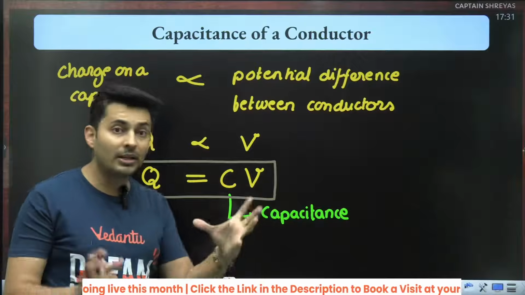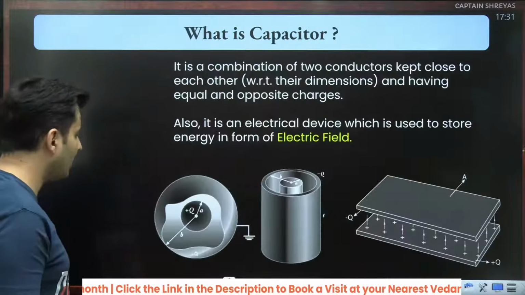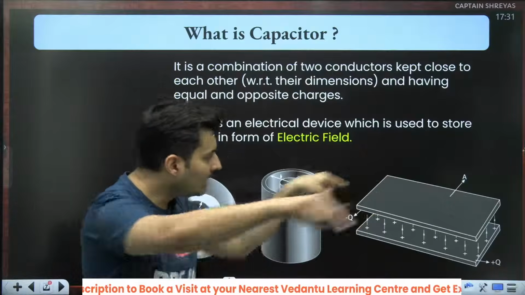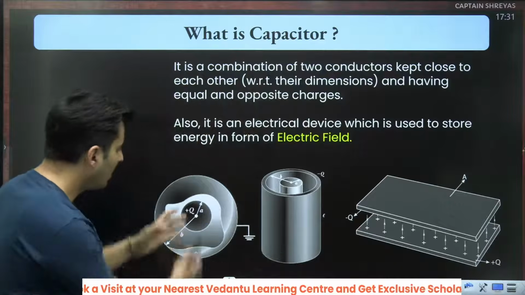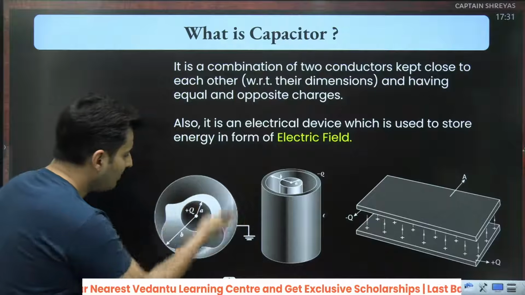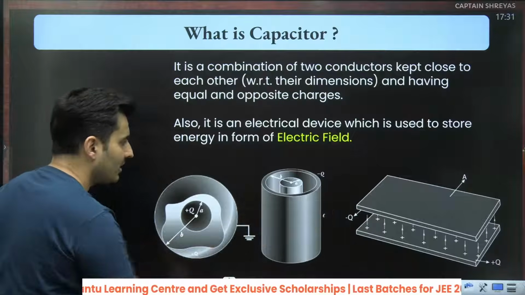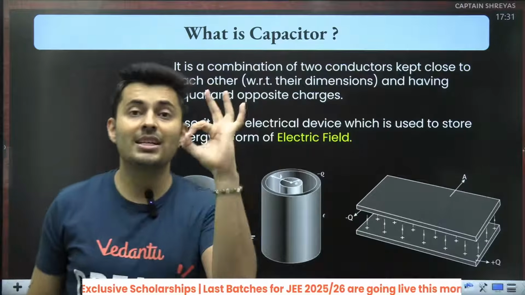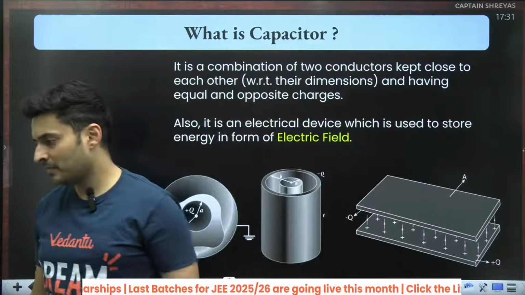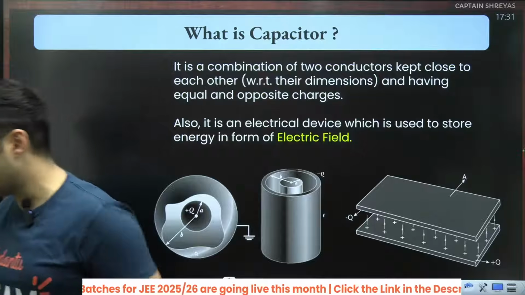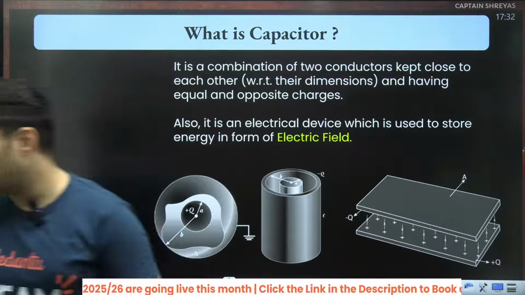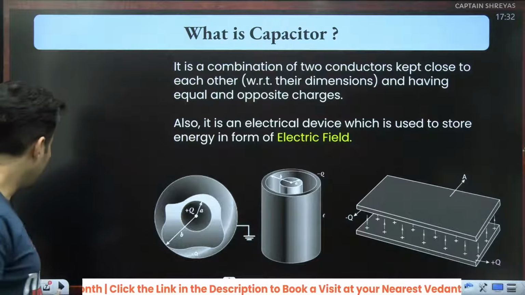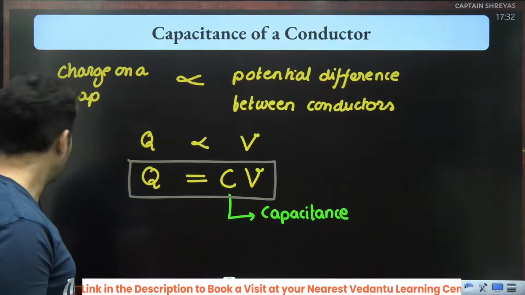This capacitance completely depends on the shape, nature, like whether it is cylindrical, whether it is spherical, whether it is plate type, how large is that plate, how tall is this cylinder, what's the radius like, what's the medium between these two cylinders or this sphere, or what is the medium between these two plates. These are the things on which the capacitance depends. Yes, Arborine, it's a scalar quantity. It's a completely scalar quantity. I hope this is absolutely clear.